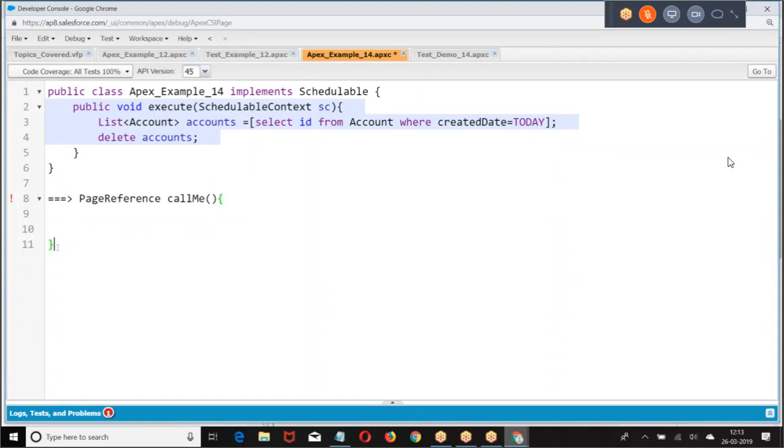Then you are supposed to create a PageReference p equal to. Now, if you are going to a particular page, we can give Page dot the page name. Now, you want to check that you are going to a particular record. Then what we do? Page.